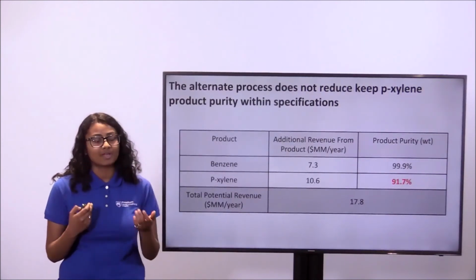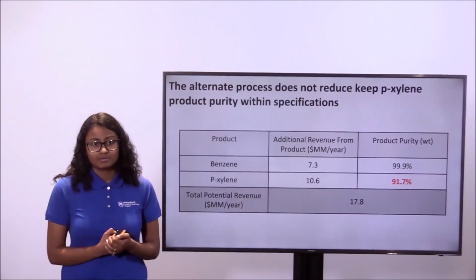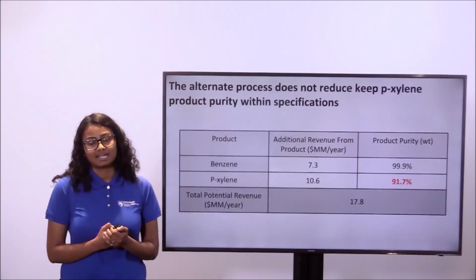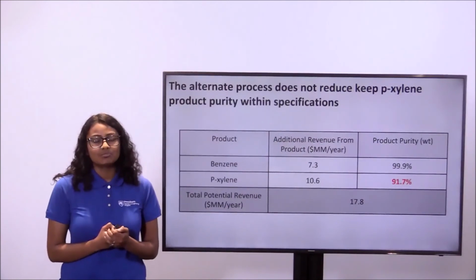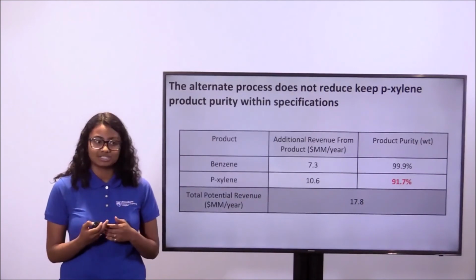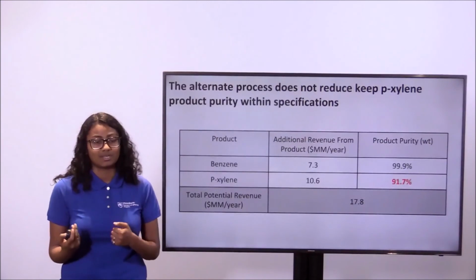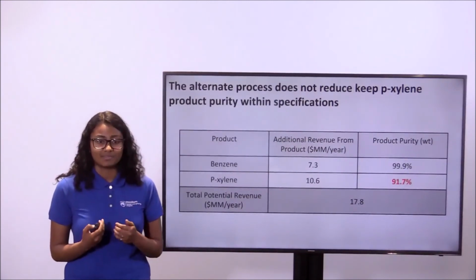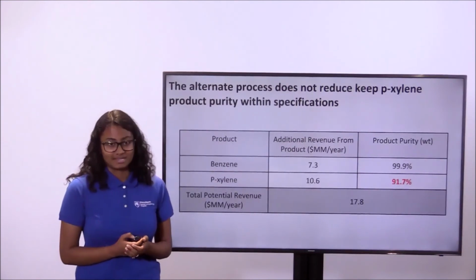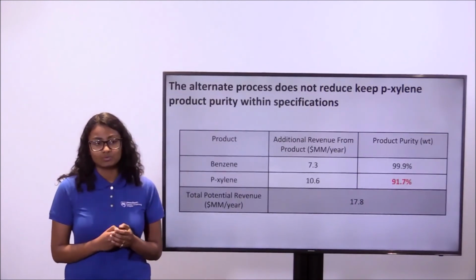This is because several thousand more pounds of benzene and p-xylene are being recovered. However, the purity of the p-xylene product drops below the hard specification of 99.9%. This is due mostly to the toluene impurities in the system. So the toluene distillation tower with the new additional flow rate of toluene is not enough to filter out the toluene impurities to bring the purity of the p-xylene within the specifications. So it is not recommended that this alternate process is considered unless several overhauls are made to the toluene distillation